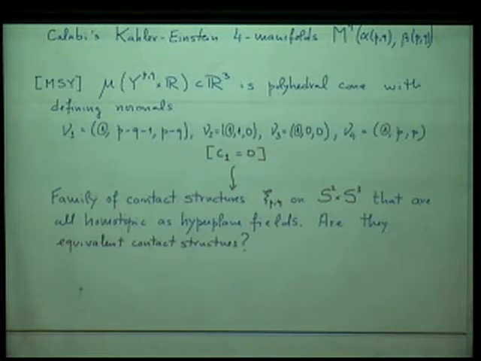The question is, from the point of view of contact geometry, are they equivalent as contact structures? Meaning, can we homotope them through non-integrable hyperplane fields, which is a contact structure? So this is an interesting question from the point of view of contact topology, and I came to it because of the underlying contact structures of those Sasaki-Einstein metrics that had appeared. And the story is actually